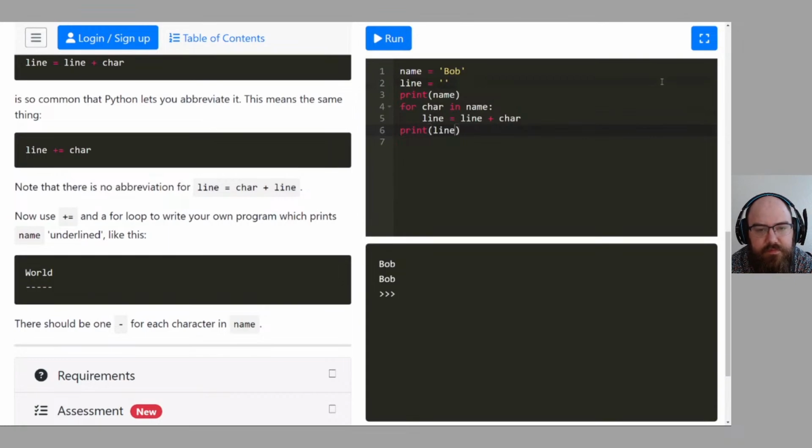Well, because... wait, what? Why didn't it just... Wait a minute. How did I just do that? How is that the output? Yeah, let's figure that out because that's an important detail.